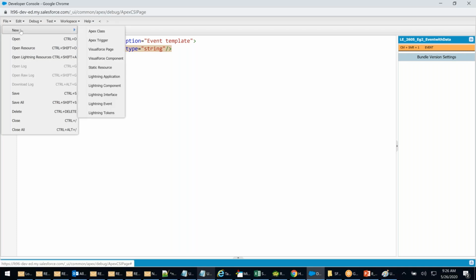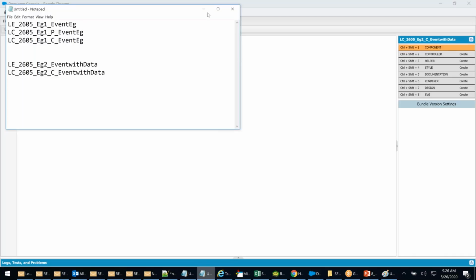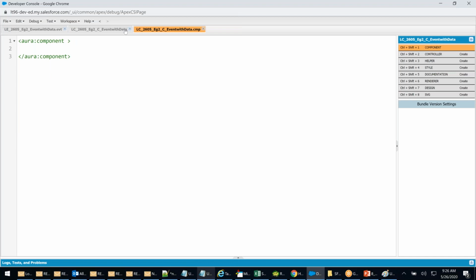File, new. You want to write a parent or you want to write a child, right? I can write anything. Next, file, new component. LC Example 2, I will say. Child. Control C, submit. I close it. Inside this, what I'm saying,